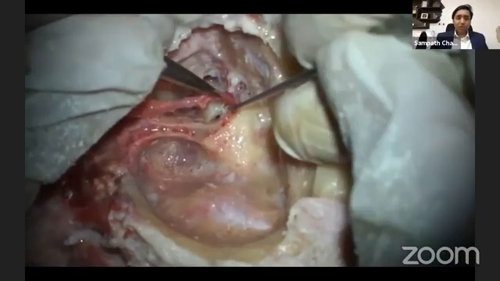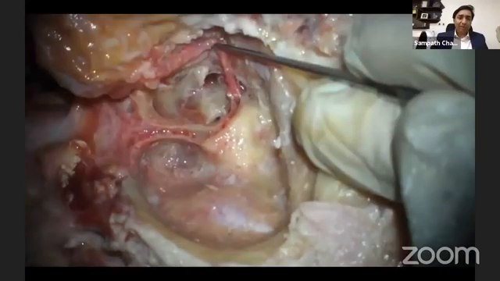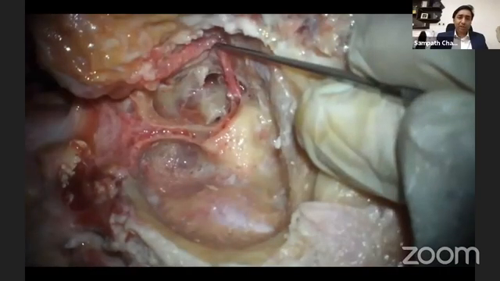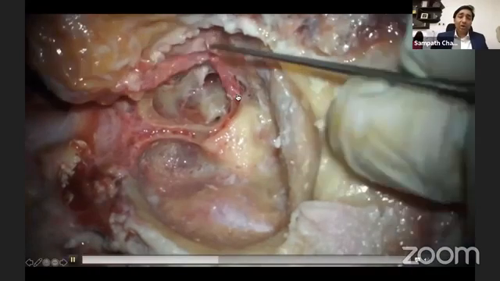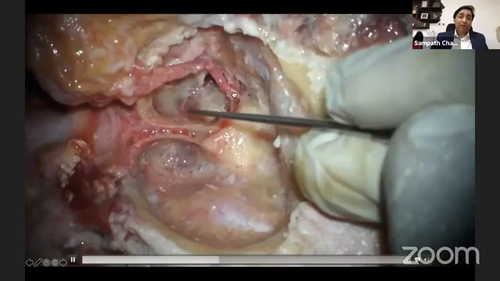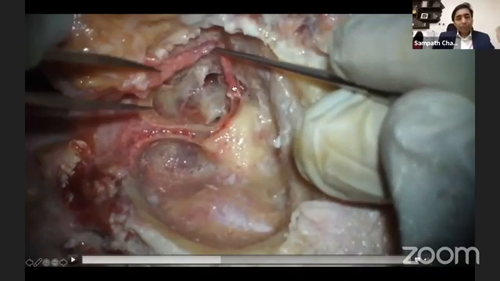Otherwise, a fish hook or a flag knife or whatever one of these structures can be. A fish hook is what I usually use to reroute the nerve in its entirety all the way up to the geniculate ganglion. Now this is possible. There are a few points in rerouting. Rerouting will be easy, complete, and perfect if you follow the more distal parts of the facial nerve up to the bifurcation of the parotid.